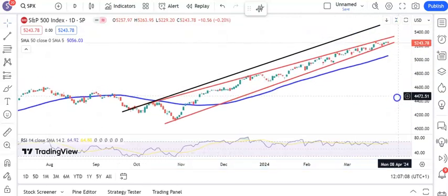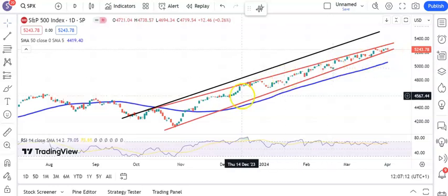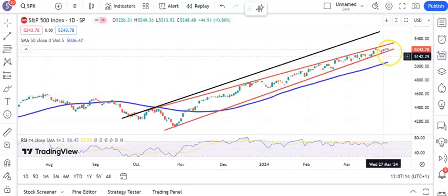Starting off with the S&P, which looks as though it's in a rising wedge. It could break down, but so far hasn't done that for the last several months. So we've got the uptrend line there from back in October, currently around 52.20. Above that, we could still hit the top of the wedge, 53.30 by the end of this month. If we do break down, then the favored support area is probably towards the 51.10-20 area, which was mid-March support